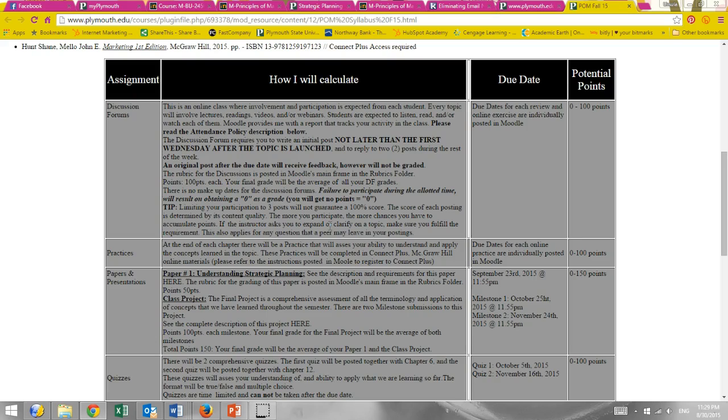Usually the grading happens as I go reading the discussion forums; I start grading. So if you have posted on Wednesday, probably by Thursday or Friday, you're going to have an initial grade. It might not be 100, it could be 40 points, it could be 20, 30, 50, depending on the quality